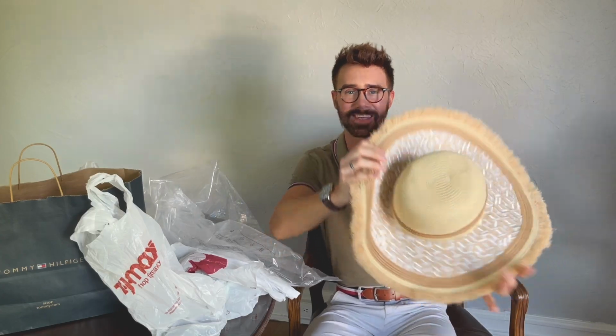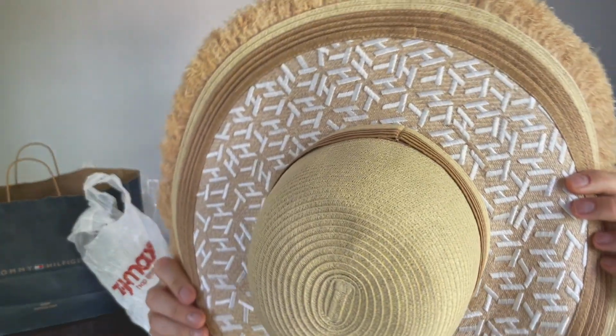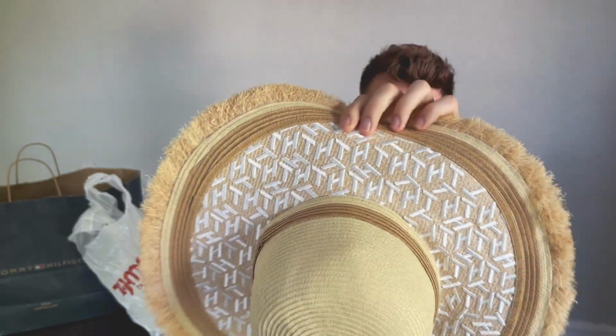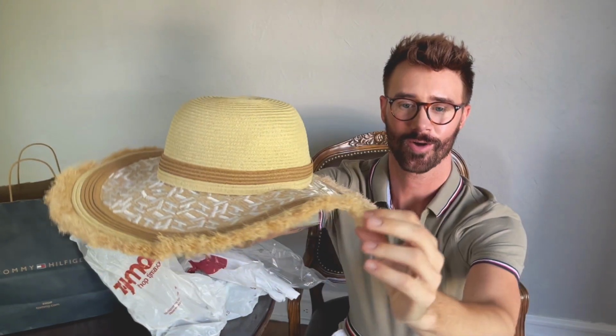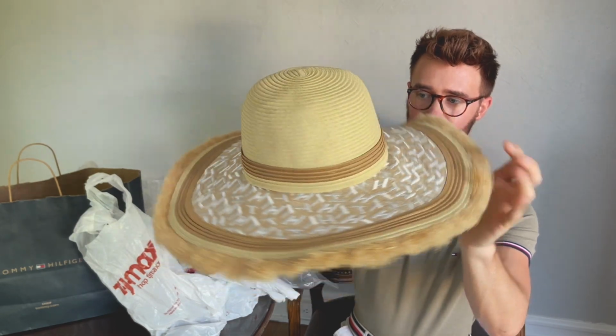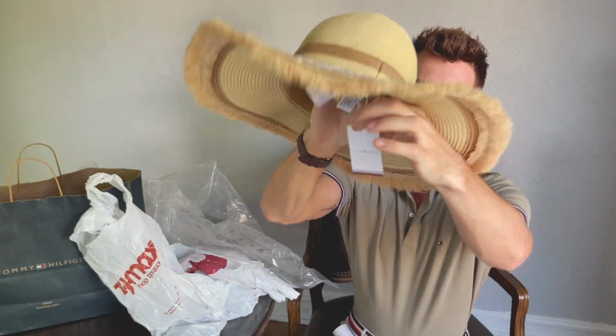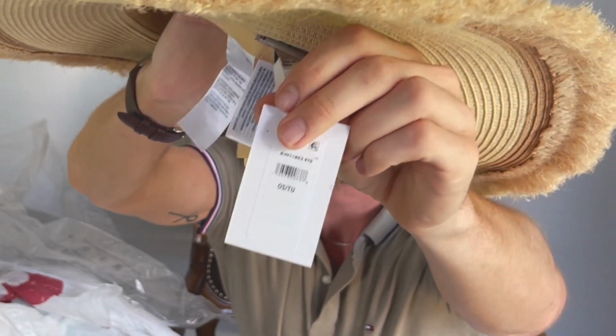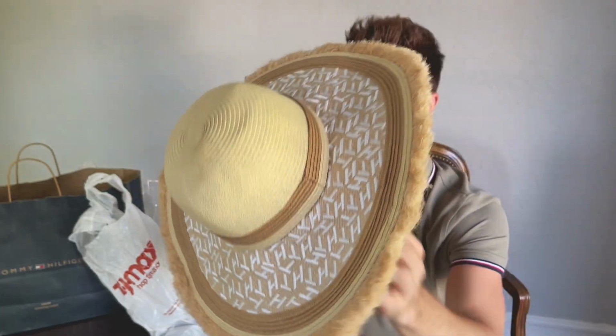What makes this unique is it says TH basically all around the rim. How beautiful is that? We have the straw right here giving us kind of like island vibes, and the color is just phenomenal. I'm liking the tag. This is a basic women's tag practically, and it is a one size fits most. So let's hope